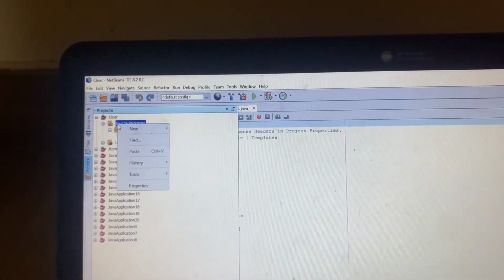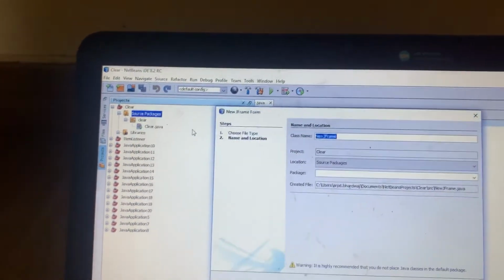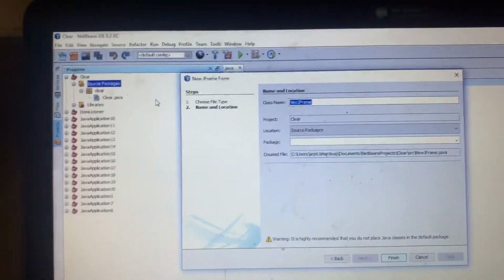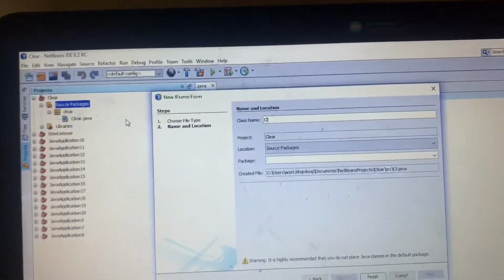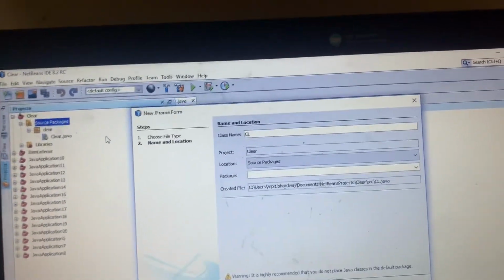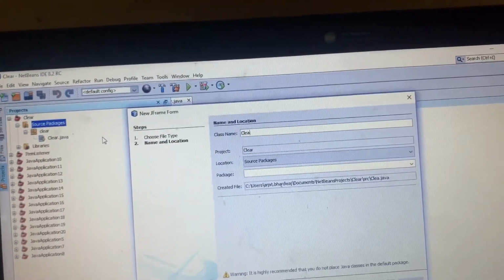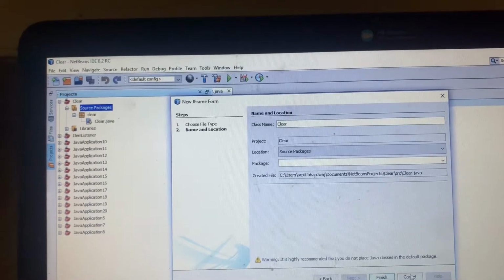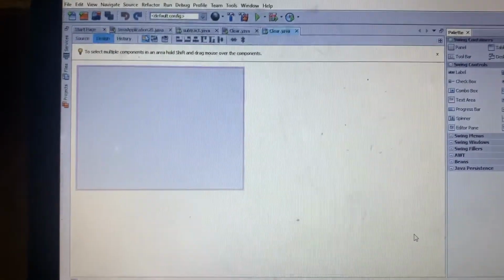We right click it, go to new, and create a JFrame. We'll give the name to this JFrame also, clear. So this is our clear frame, we finished this, and this frame has been opened.